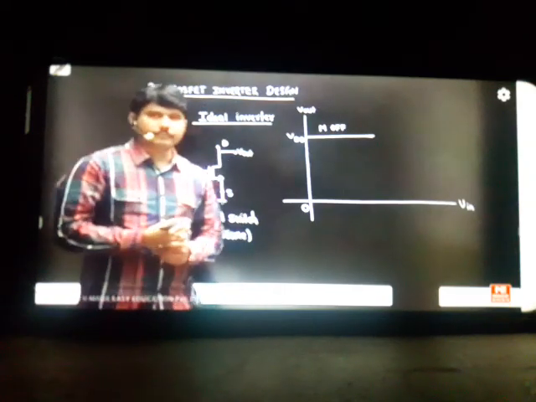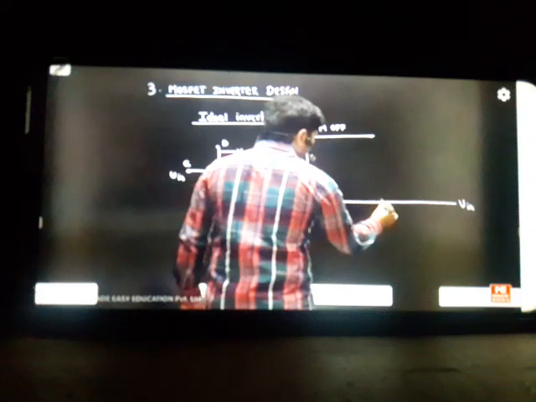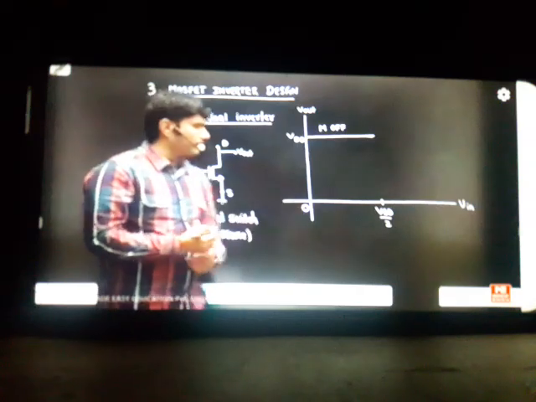But in this switching-off condition, this switch is off here, that means your MOSFET is off. The MOSFET should be off. Up to how much time are you expecting? This MOSFET should be off, I know that, but how much time does an ideal switch require, when the journey starts from 0 up to VDD by 2? How much supply are you giving? Suppose VDD is given as 5 volts. Up to 2.5 volts, 0 to 2.5 volts of my input, it should become off condition.